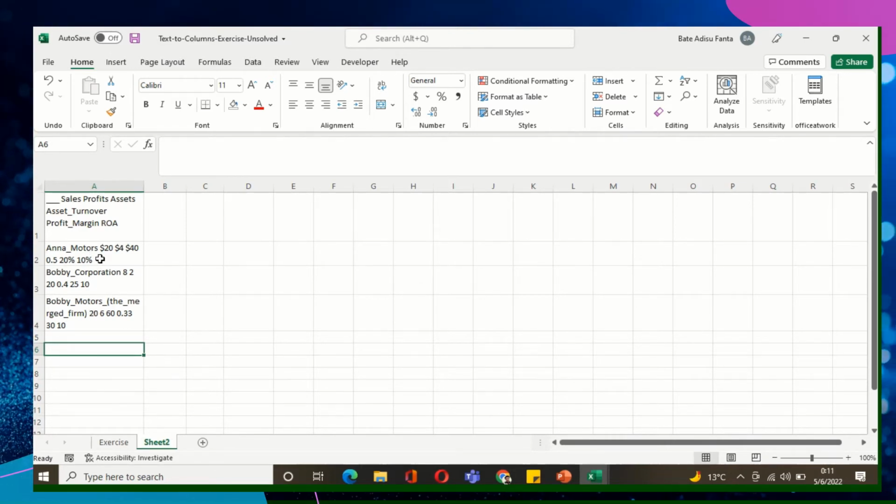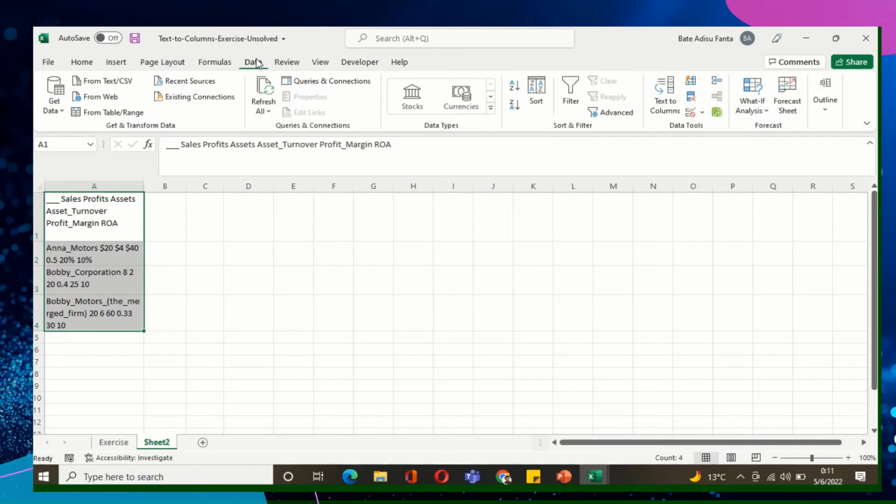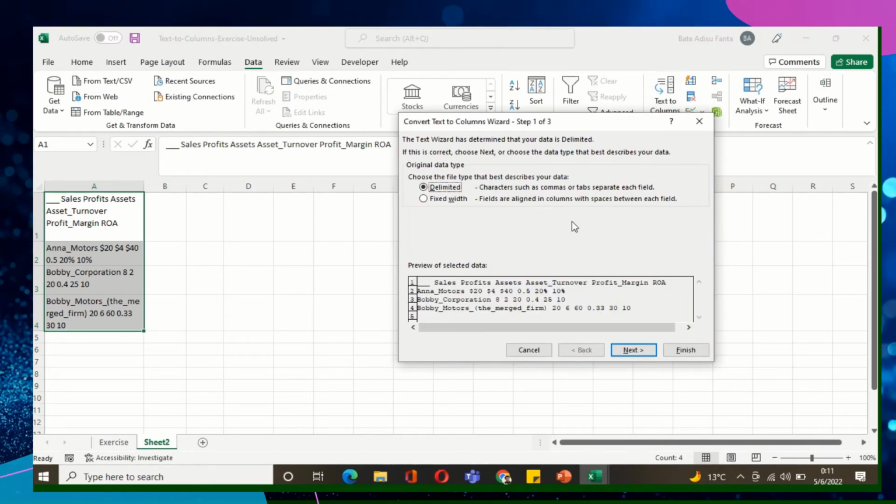So we have to now change text to columns. The same principle applies here. Select all the text in the cells and then go to data and then text to columns, and then